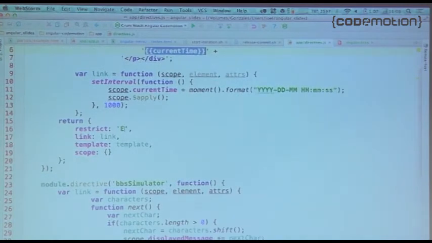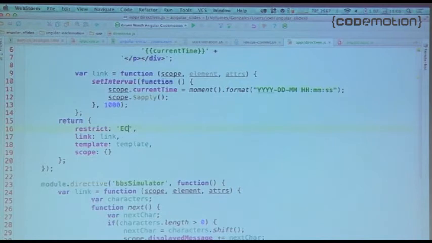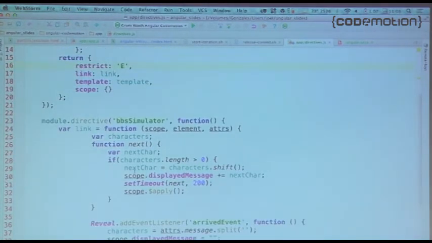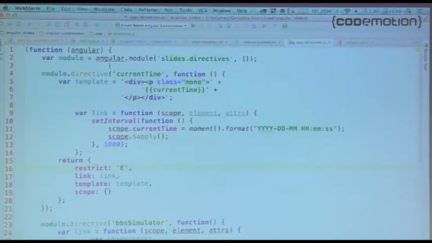I use elements and attributes primarily. If you put C in here, now you can use this as a CSS class, which I think is kind of odd, but maybe something that people might prefer. I really like using the elements because this is called current time. So when you look at the markup,